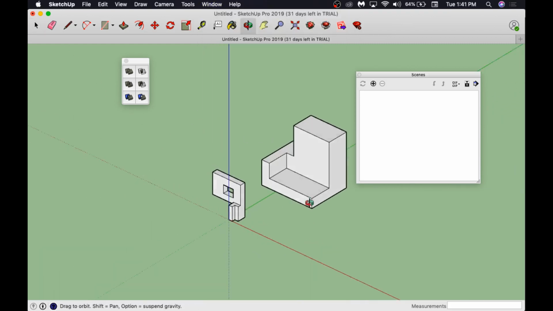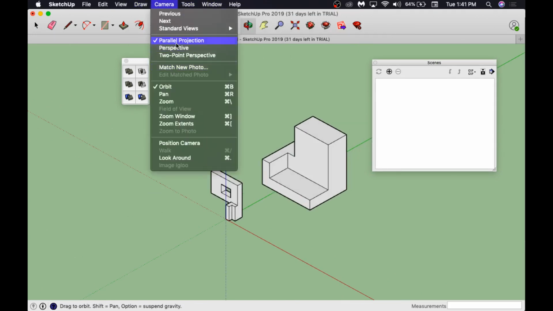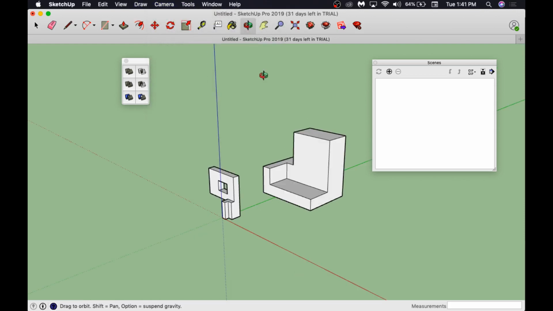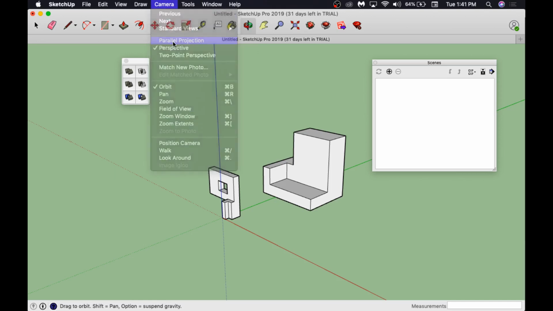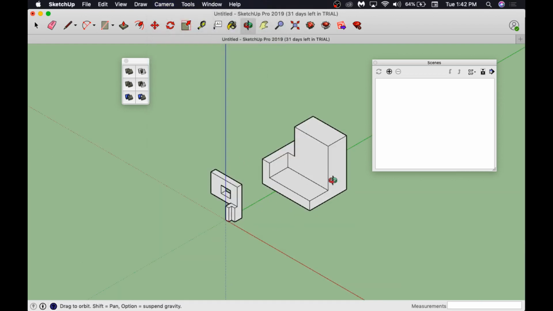Okay, so listen, let's look at this one more time. Remember, set your camera to parallel projection. You want to go standard views, number 7. I like it this way because it's kind of locked at the 30-90. Remember, parallel projection. So I like it locked this way. That's where we want it. Isometric in parallel projection. So the thing on the right called scenes is a great way to save your